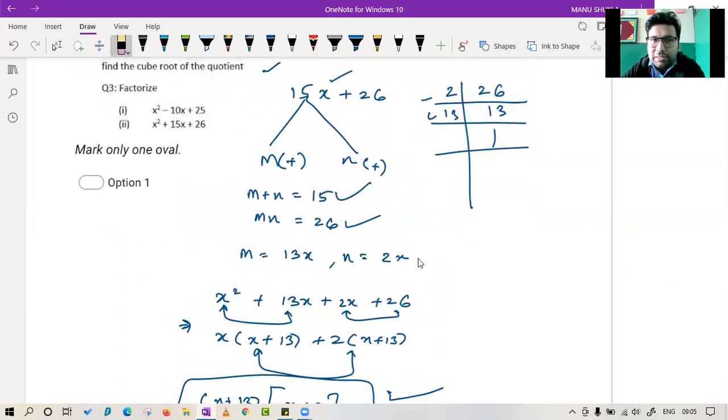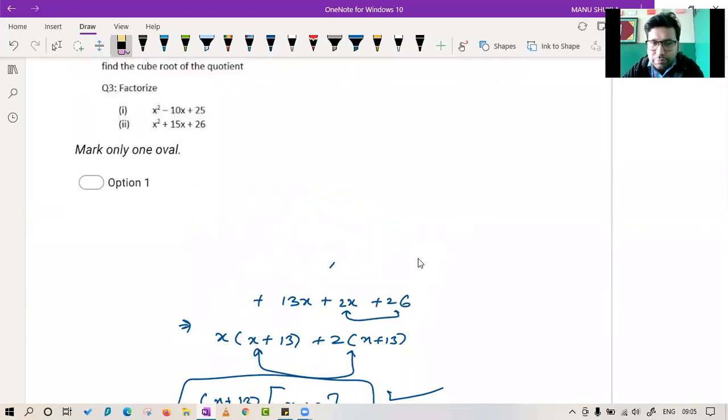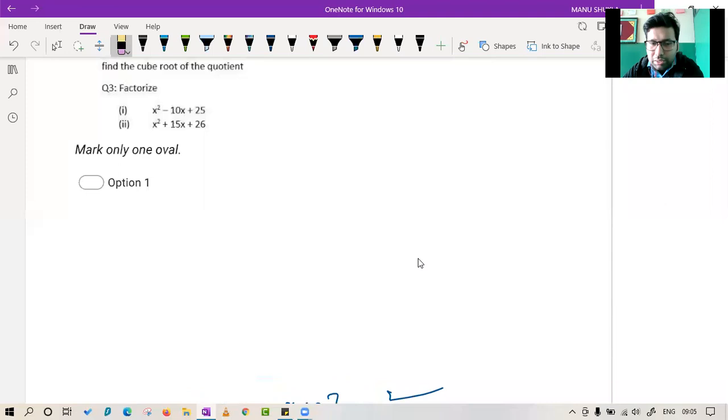I hope this middle-term splitting part is clear to everyone. In class 9, these concepts will help you a lot because there are many questions based on this middle-term splitting. They are a little tough in the details. They will contain some under root terms also. But if you have got the concept, it will be easy for you.